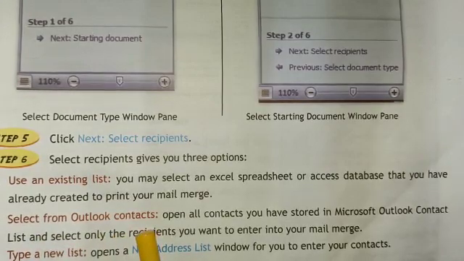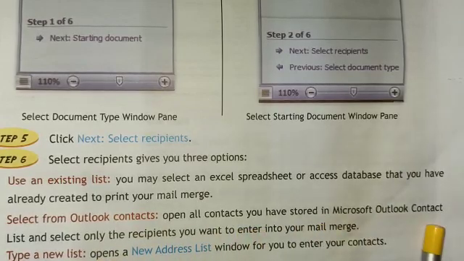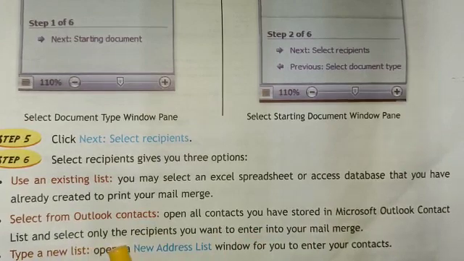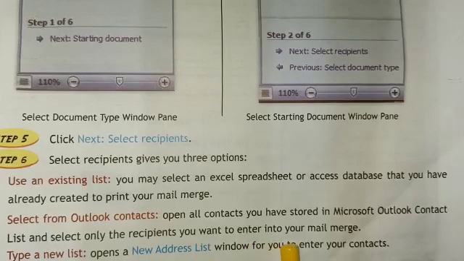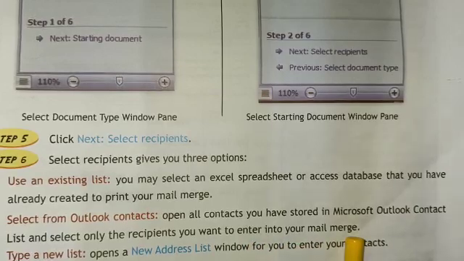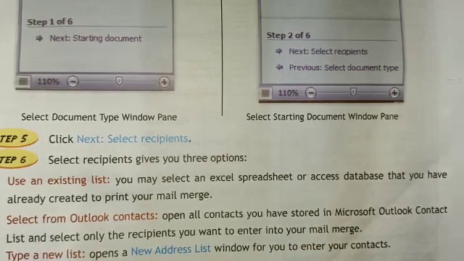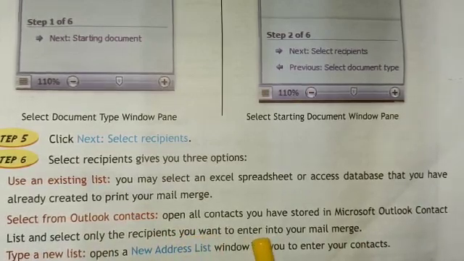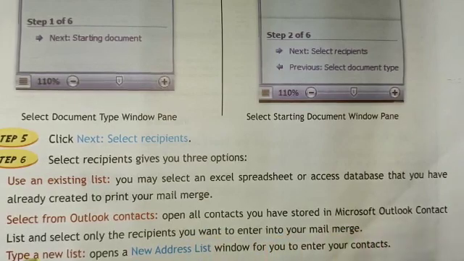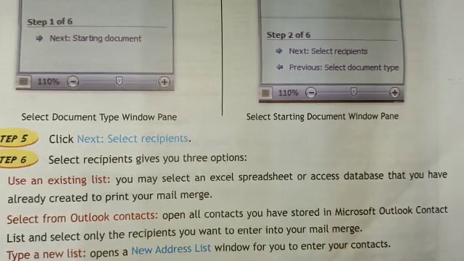You can open all the contacts you have stored in the Microsoft Outlook contacts list, and then select only the recipients that you want to enter into your mail merge.